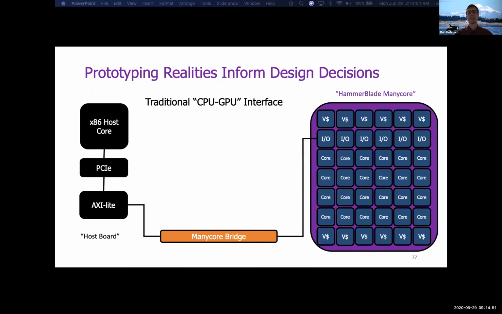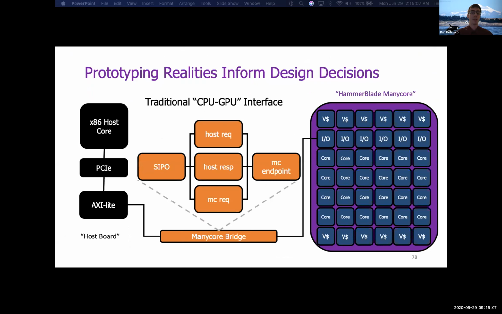And while Hammerblade silicon is capable of massive parallel processing, it currently relies on an x86 host core to coordinate its activities. Namely, applications like PyTorch, TVM, and CUDA-Lite are all compiled for the host Xeon, which communicates with the Manycore over a narrow Manycore bridge. This Manycore bridge comprises a set of memory-mapped FIFOs, converting from the host link to a standard Manycore endpoint, which communicates with the Manycore network, managing the credit-based flow control and preventing deadlock.